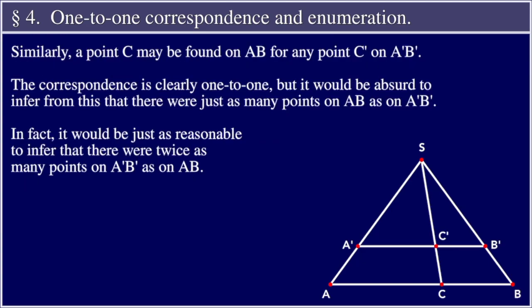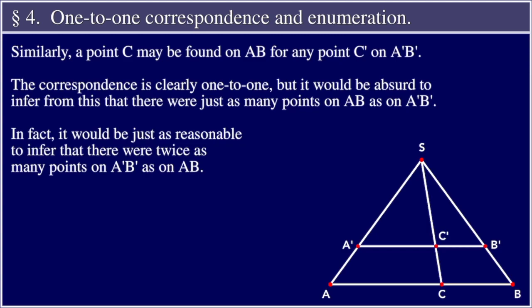Similarly, a point C may be found on AB for any point C' on A'B'. The correspondence is clearly one-to-one, but it would be absurd to infer from this that there were just as many points on AB as on A'B'. In fact, it would be just as reasonable to infer that there were twice as many points on A'B' as